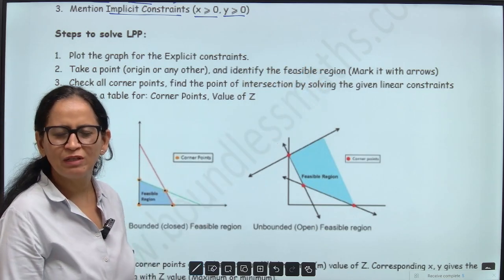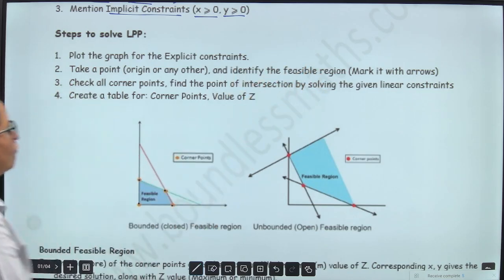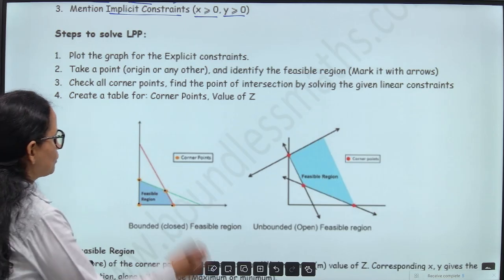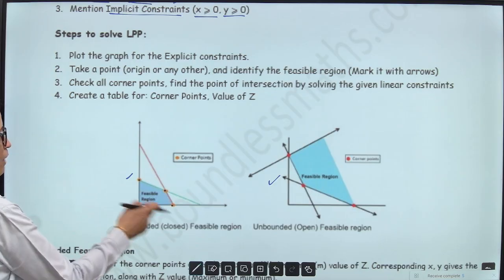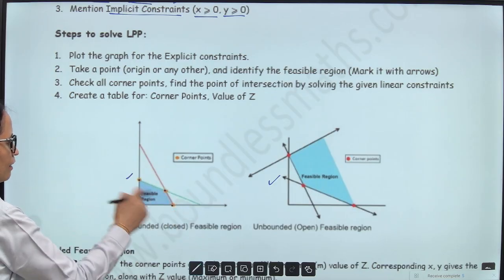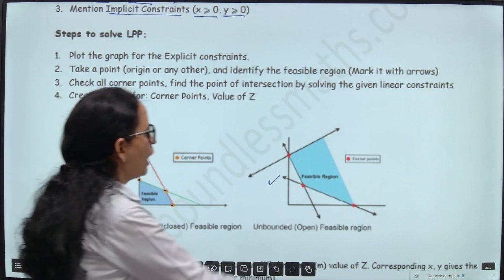So when we solve questions, you will get a clear picture of how to identify the feasible region. Once you have the feasible region, it could be bounded or it could be unbounded also. Bounded means it is bounded by some lines and there are a few corner points involved. Unbounded means